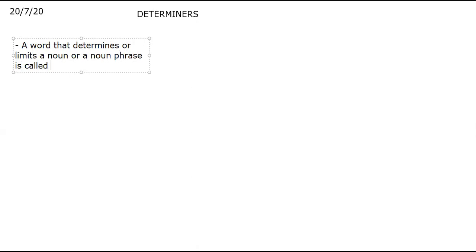It is called a determiner, as I said, which tells or determines a noun or limits it to only that many nouns. If I'm talking about pen, so these pens. So which pen? These pens, not all the pens found in the world. Only I'm talking about these pens. So they determine or limit a noun.